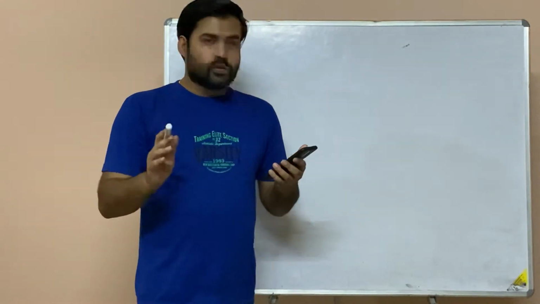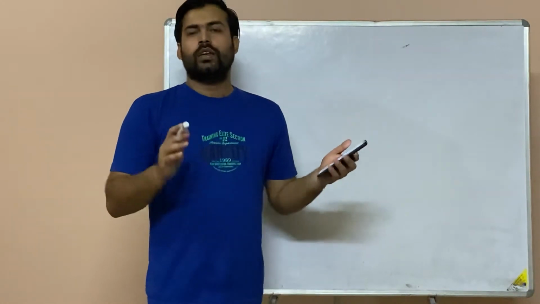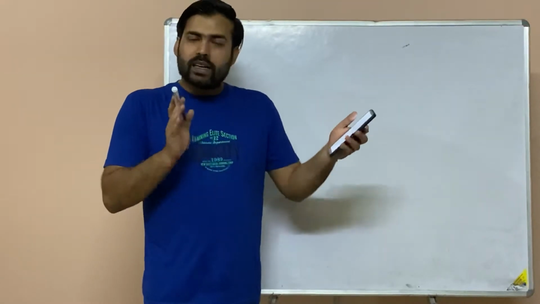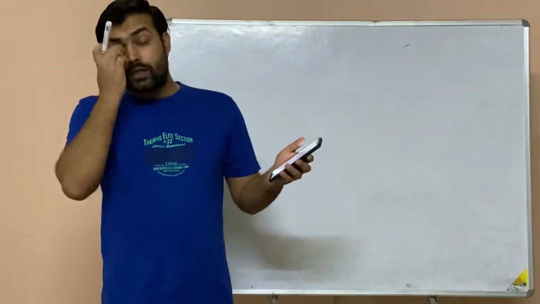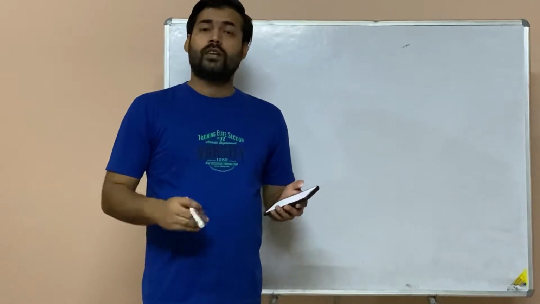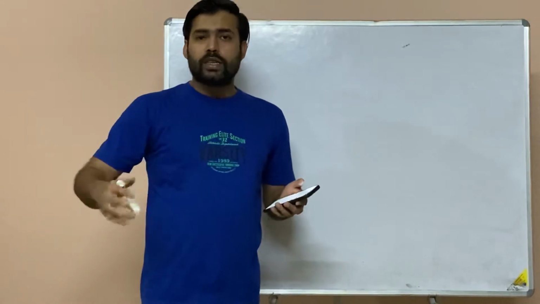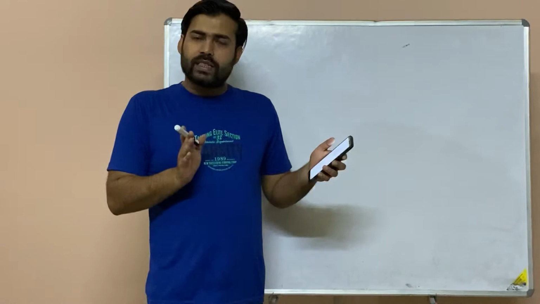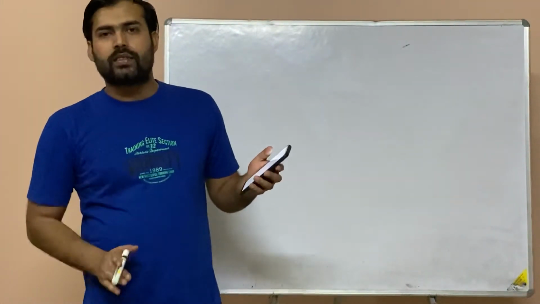Now question number 2, finite and infinite sets. This one also you remember from my previous video, that finite sets are those sets which contain a finite number of elements, that means a given set of numbers. And infinite sets are those sets which are comprised of infinite elements. That means if you keep on counting them, the count will never come to an end. It will keep on continuing and continuing. So if the set contains a finite number of elements, you will say this is a finite set. If it contains an infinite number of elements, you will say this is an infinite set.